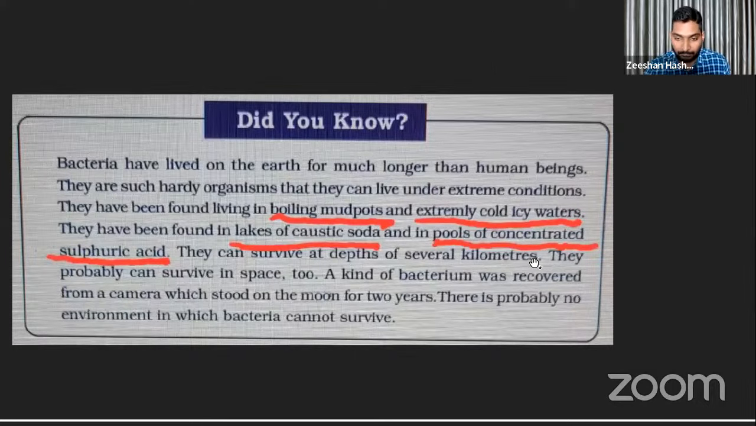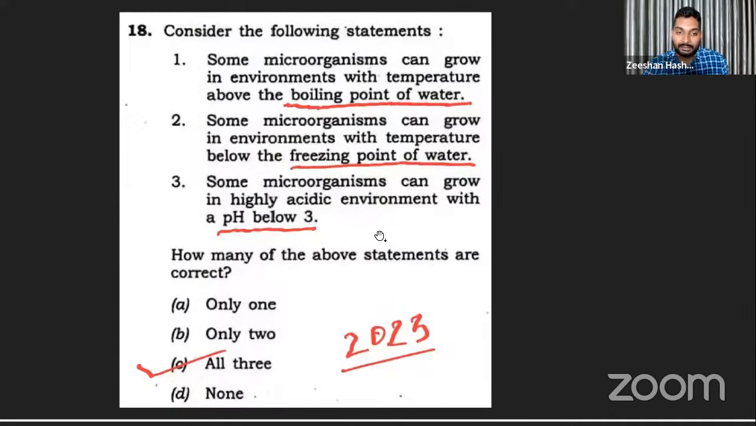Then, lakes, it can be found in lakes of caustic soda and in pools of concentrated sulfuric acid. Concentrated sulfuric acid की बात आ गई. Statement 3, it can survive in highly acidic environment with a pH below 3. So, a direct question that UPSC has taken from